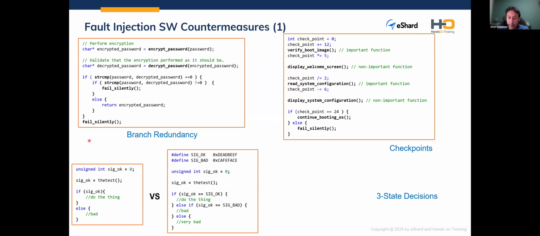And the last thing on this slide is the three-state decisions. We know that many times the attacker will try to glitch after some reverse engineering if-else checks, because it's true or false. It's usually just one bit. In C, by the way, in if statements, any non-zero value represents true. So the strategy we would like to follow, instead of using the code on the left-hand side, which is easy to glitch, is